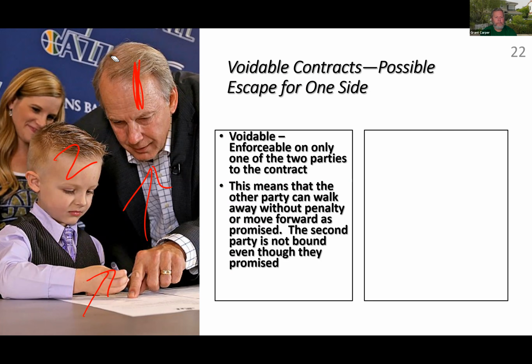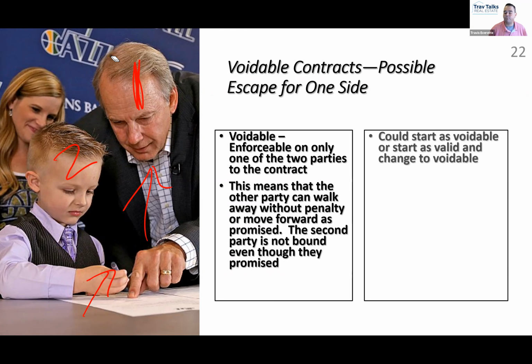And so what ends up happening in this voidable agreement is that the court basically says, okay, find the promises made by number 2. They don't matter. Find the promises made by number 1. They matter. Another way of saying that is, could party number 2 just walk away at any time with no repercussions? Yes. So party number 2 is not bound, but party number 1 is bound.